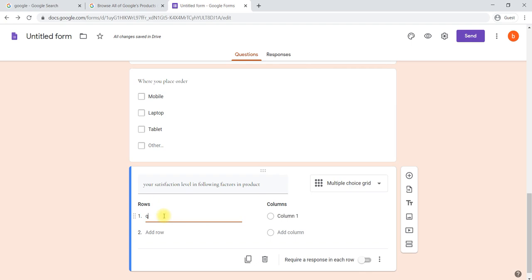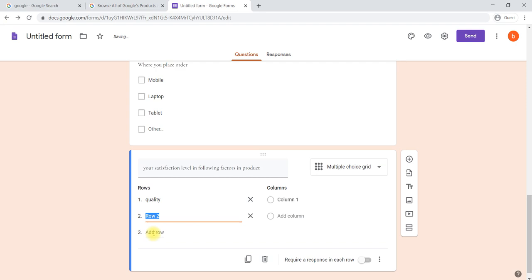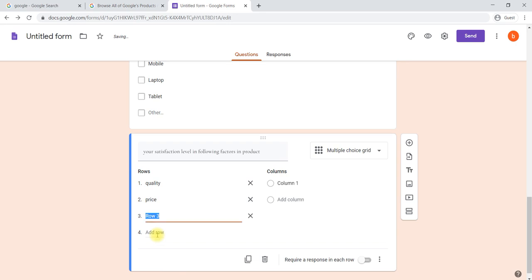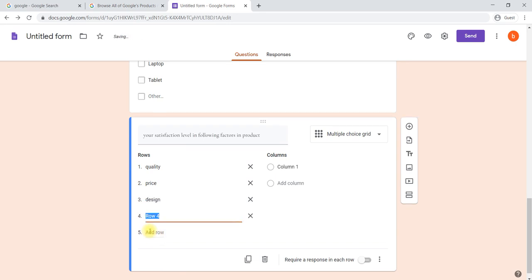One is quality, the second question is about price, the third is about design, and the fourth is about performance. These are the four questions we are asking in a grid.